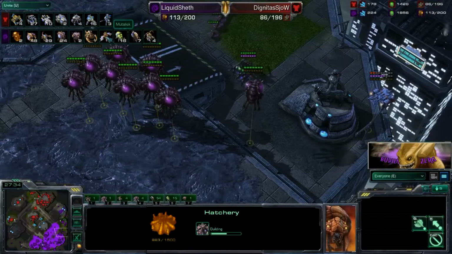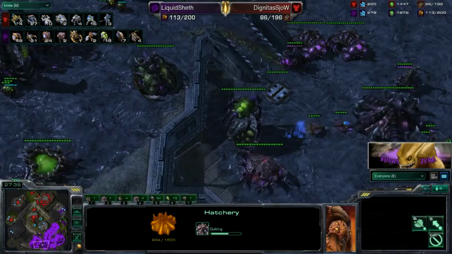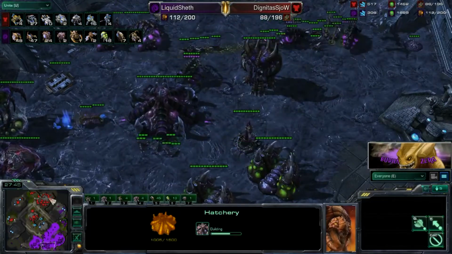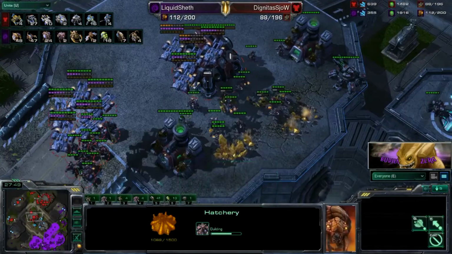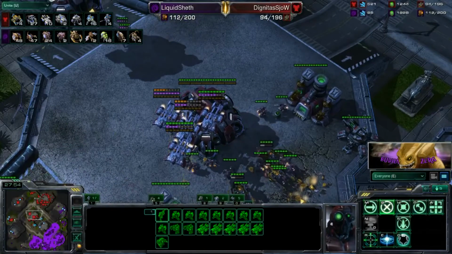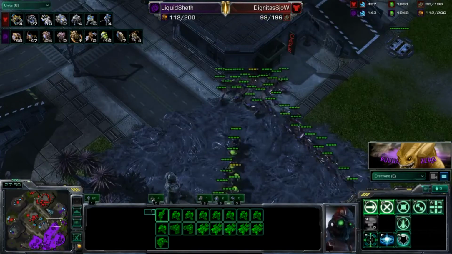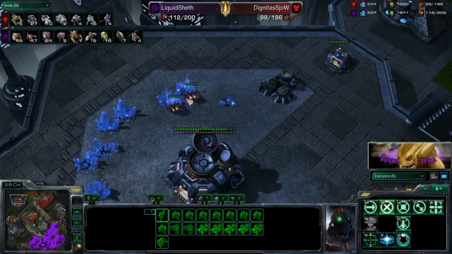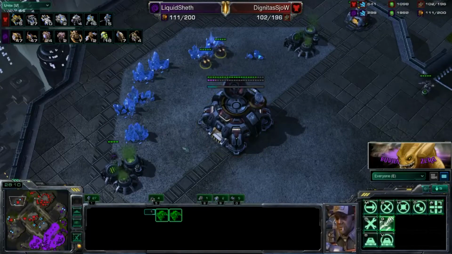At this point, Sheth is actually going to transition into mutalisks. I don't know how effective this is going to be. The main base actually has a lot of turrets. The gold base doesn't have any turrets, but Show's army is here, so he can deal with mutas quite easily. And the mutas are not going to do any significant damage unless he hits the third base here without Show catching sight